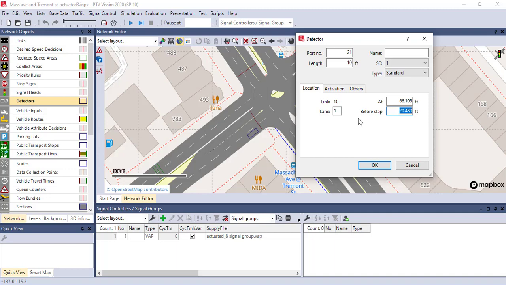Or we can set a distance from the start of the detector to the stop line or our signal head. For example, our detector has 10 feet length and I'm going to put it only 2 feet before the signal head. It means that the start of the detector should have 12 feet distance to the signal head. I click on OK